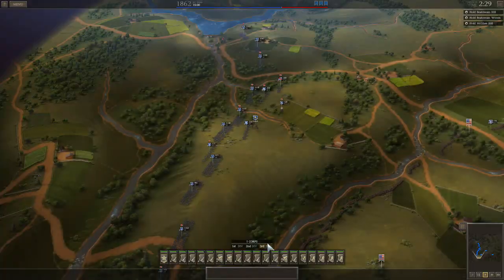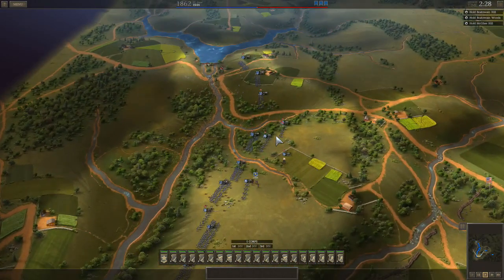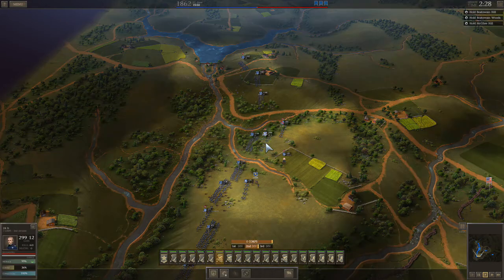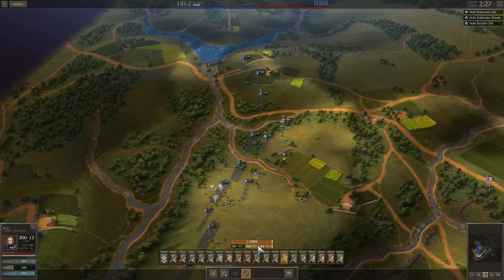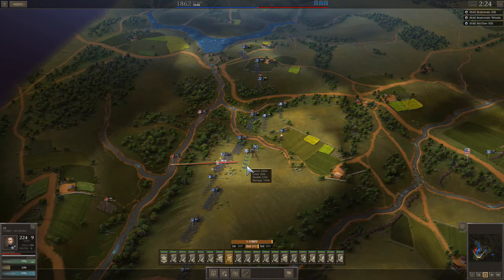So rebels continue the attack. They get reinforcements. This is great. That's why I had units on the right just waiting patiently. I don't know if those are my best units. Those are usually my best units on the right. Yeah. Now the other thing you can do is let